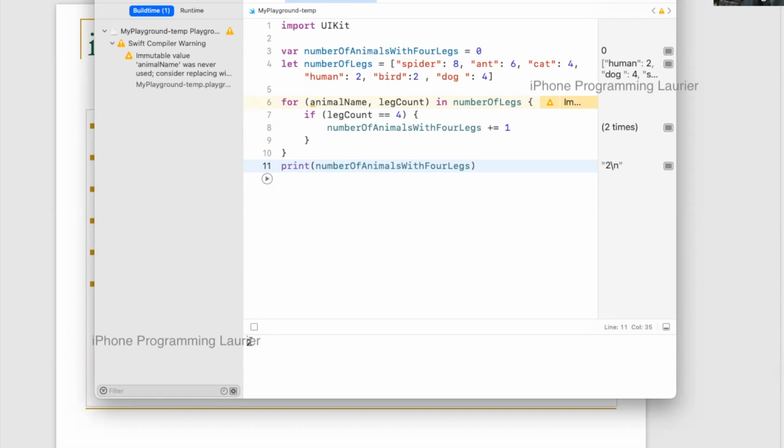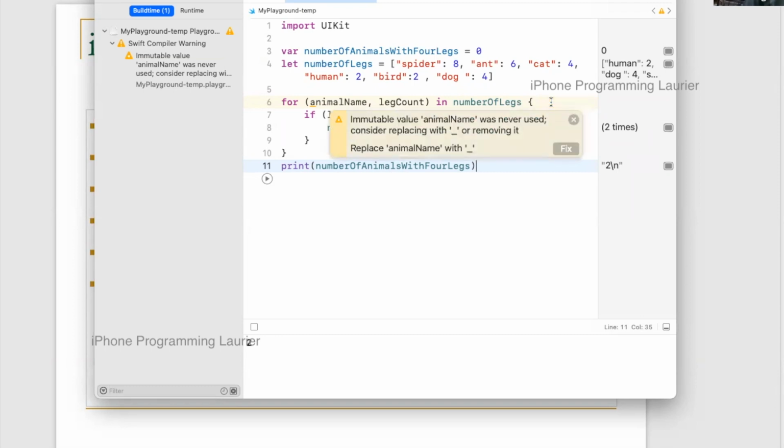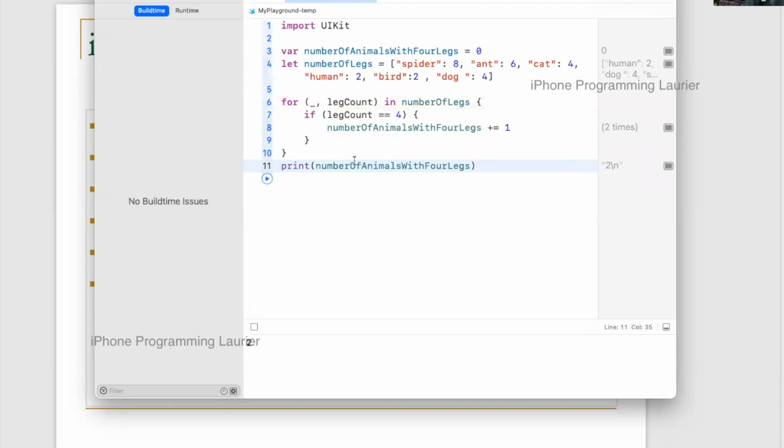It prints out 2 because I have here, how many things have 4 legs? Cat and dog. Well, there is a thing here, because I didn't use the animal's name, so I can replace it with an underscore. That's true, right? If I want to say how many animals have 6 legs, I'm going to run there and